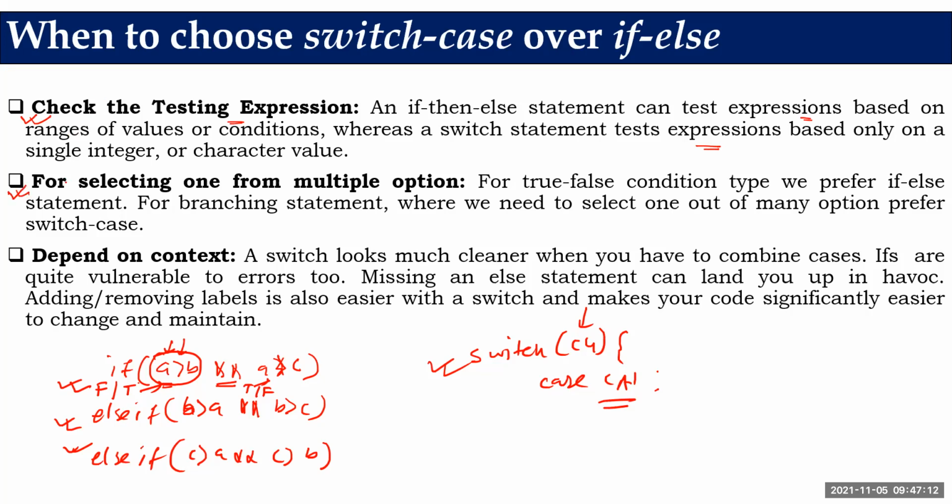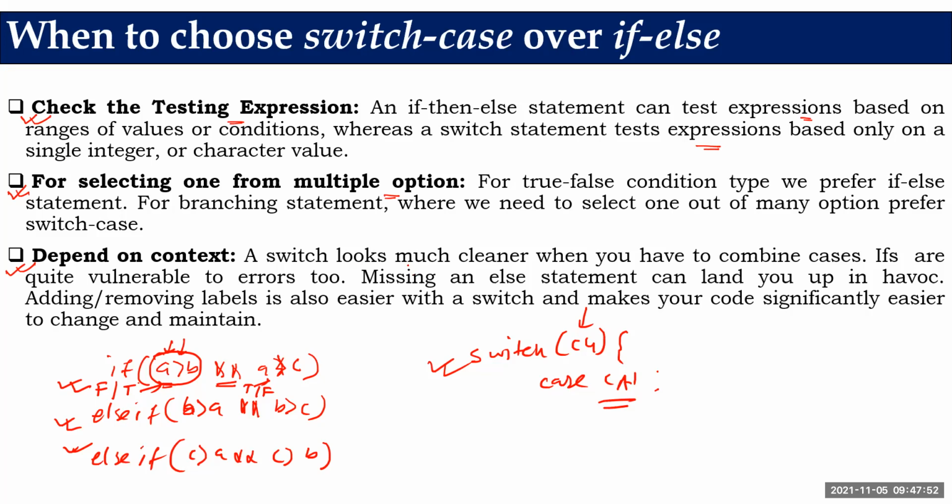The second point we already discussed: for selecting one from multiple options. Yes, in the ATM, in customer service, or when you're visiting the airport, now a self check-in option is there. You want to print out the boarding pass or you want to self check-in, many such options are there. Now another point is there. If we write certain code, this code should be easy to understand. It will also depend on the context: which kind of logic you want to implement, which type of program you want to solve, which type of problem you want to make automatic.